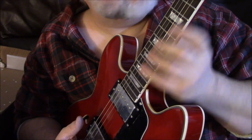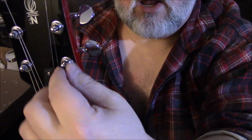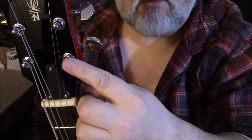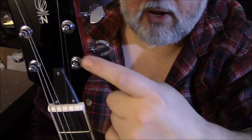And I looked up at the tuner here. Let me get my tuning machine on there. I looked up here at the tuning peg, and I watched the gear. And it was not unwinding. It was not loosening. So I thought, well, maybe the string that they had on there was just not seated well in the hole. Maybe they didn't bend it back right or something. So maybe it was losing tension up here. It just kept falling, but I couldn't see anything happening. And then, all of a sudden,